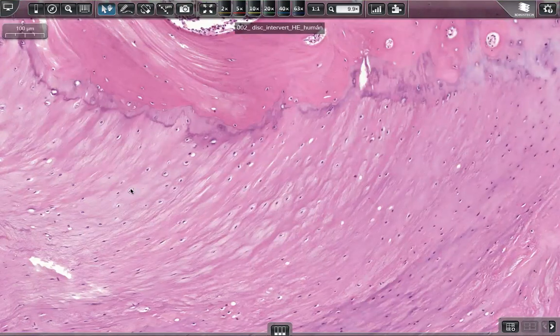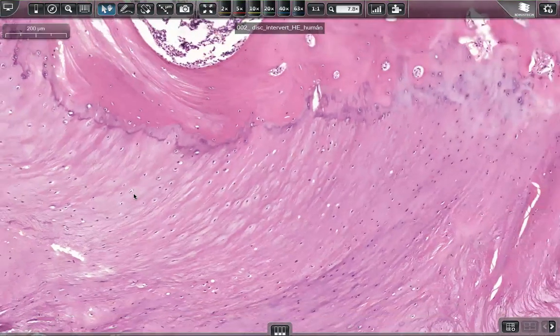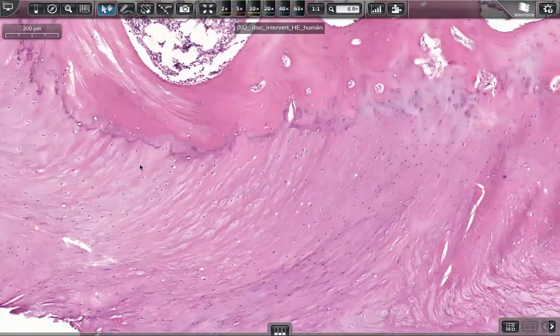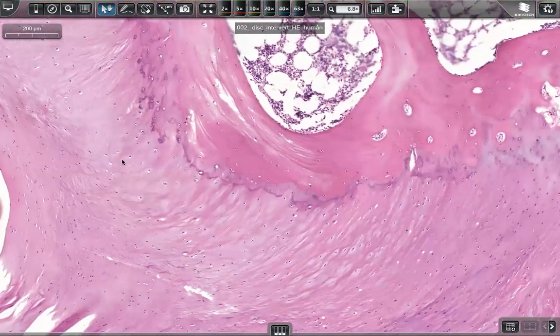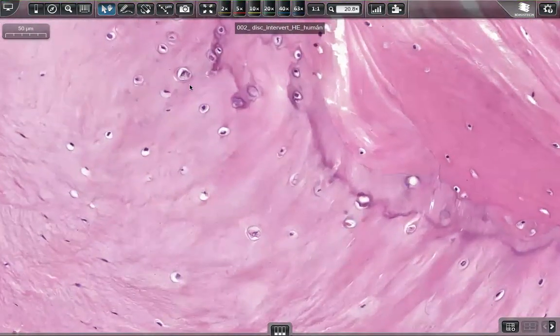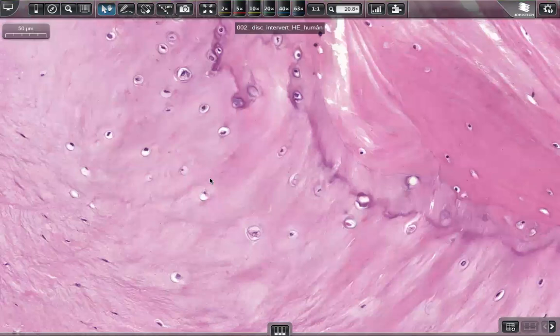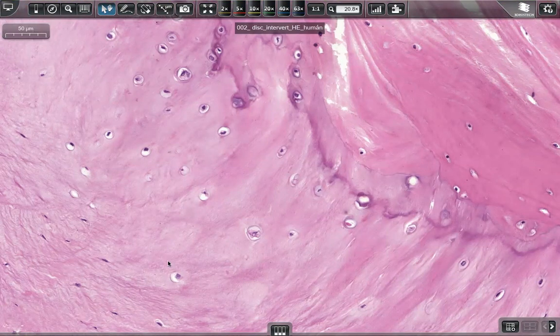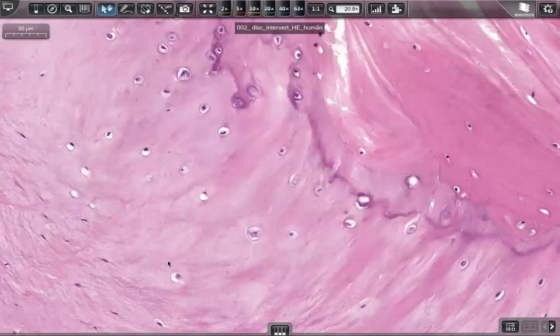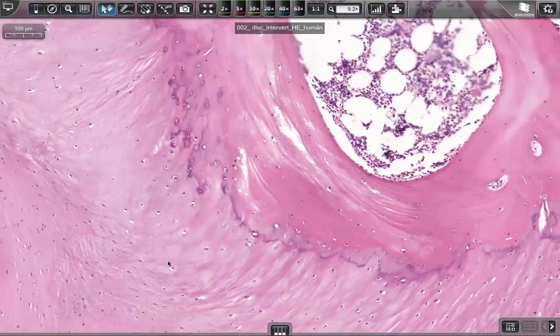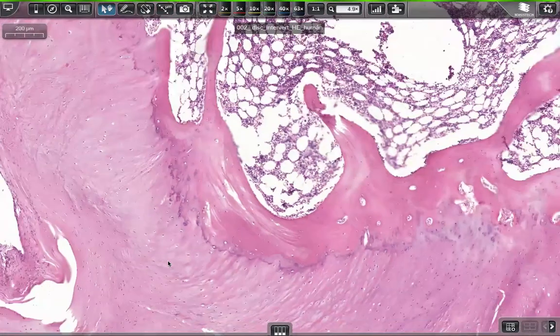And usually the cells are located alone in this kind of holes, in this kind of lacunae. Here we have maybe two, but they are not eventually real chondrons, just chondrocytes in lacunae. So this is a fibrocartilage. This is a fibrocartilage tissue,